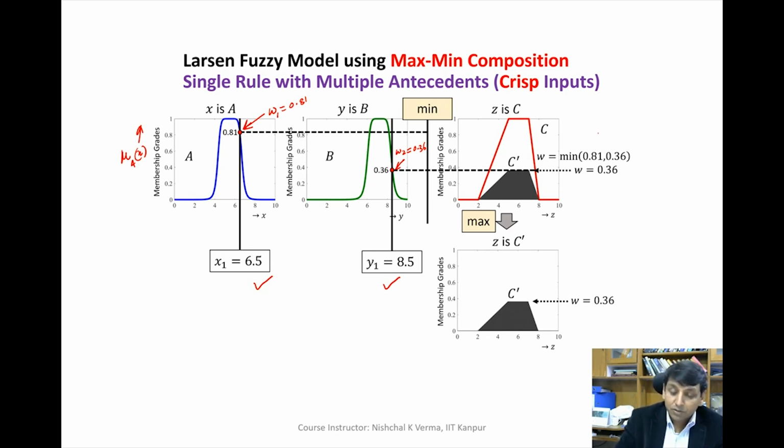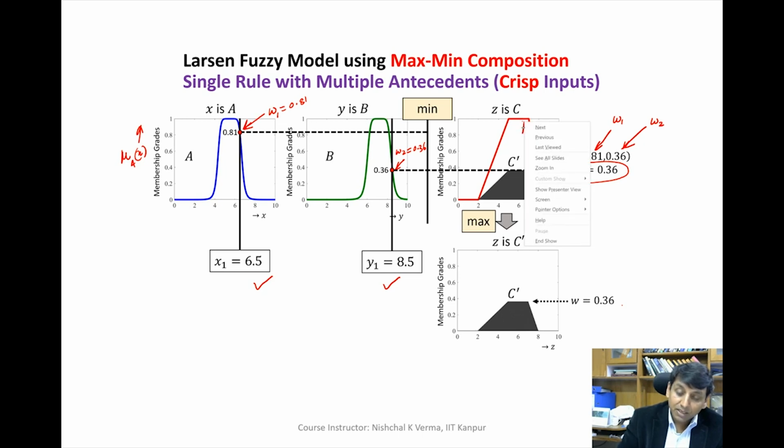When we take the minimum of the two, this was nothing but W1 and this was nothing but W2. So when we take the min of these two, we are getting 0.36 here. Now again, as we have done in the previous slides, since we are dealing with the Larsen fuzzy model, we have to scale down the height of the original fuzzy set of the output. So C, that is capital C here, the fuzzy set. So the height of the fuzzy set we will scale down, we will bring down to